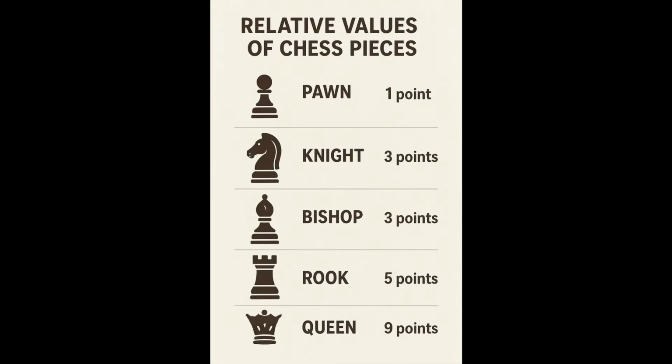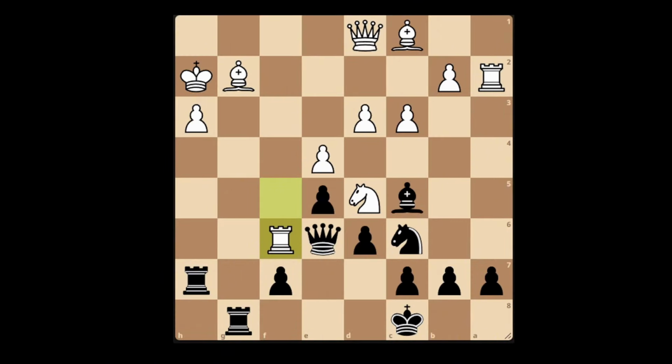When it comes to material balance, look to see which side is up material or if it's equal. One easy and quick way to do it is to compare the same or similar pieces by each side. Like in this position, knight versus knight, dark square bishop versus dark square bishop, white has an extra light square bishop,